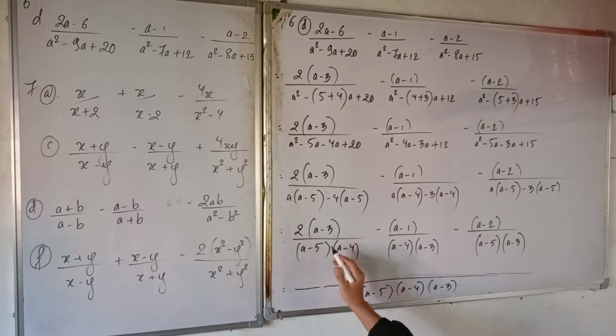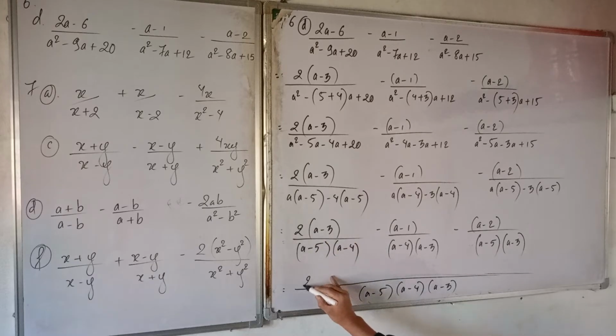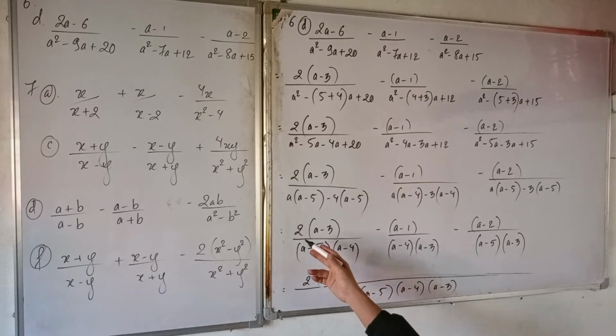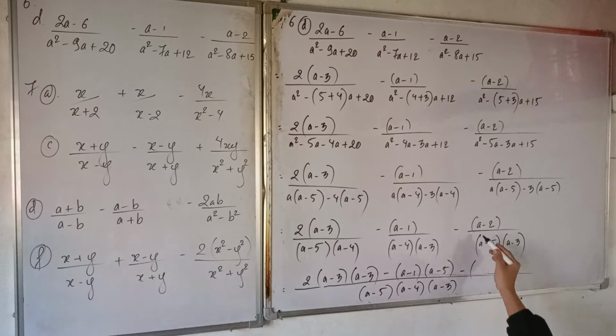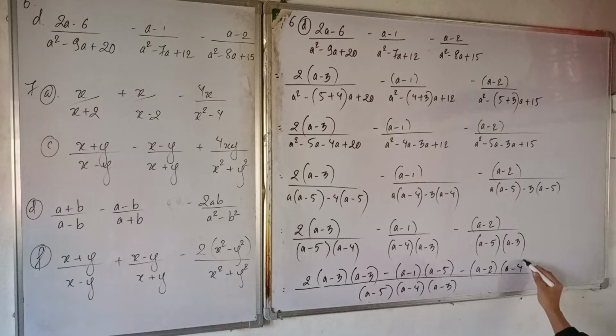Now from the numerator, 2 times a minus 3. I think no need to take 2 common there. Okay, let's see. A minus 3, a minus 5, a minus 4. What is missing? A minus 3 minus a minus 1. So a minus 4, a minus 3. What is missing? A minus 5 is missing. You just write here. Minus, you just write a minus 2 here, and a minus 5, a minus 3, a minus 4 is missing. Whatever is missing, you just write here. Okay, now after this,